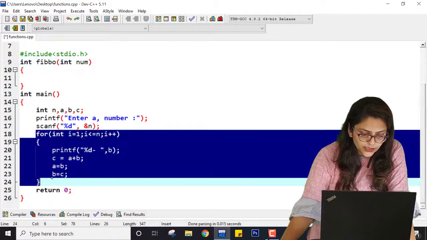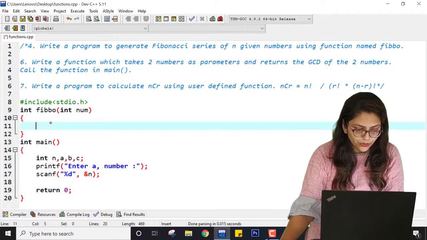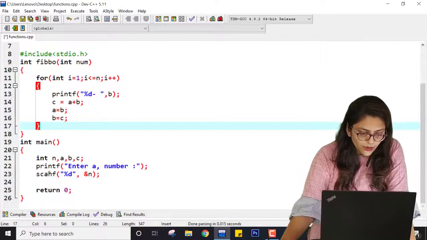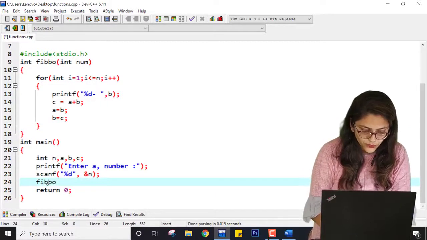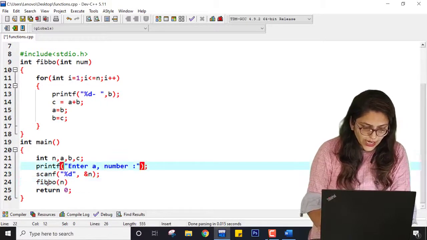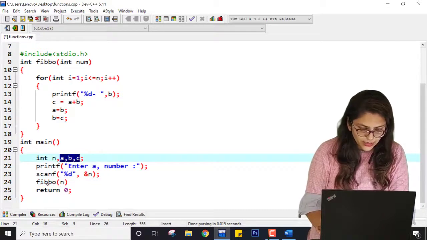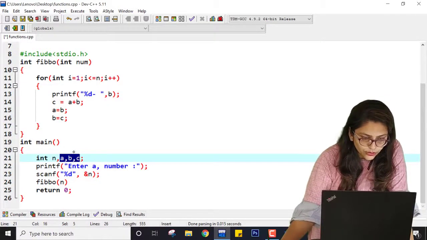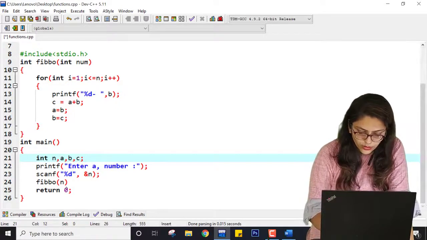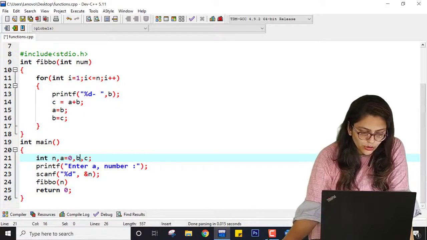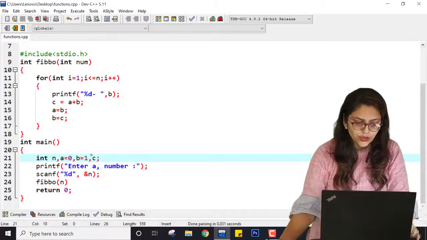Instead of this logic I should print over here, and instead of this I am just calling Fibo of N, and here this A, B, C. Here also one thing you should notice that A should be initialized as 0. Sometimes it gives the correct answer, but not all the time. B should be initialized with 1.